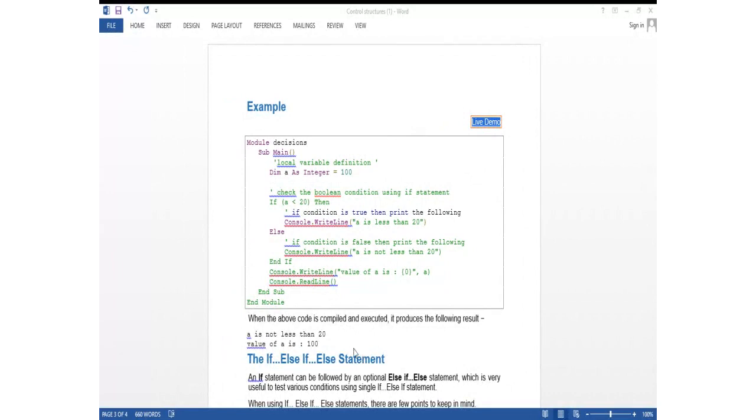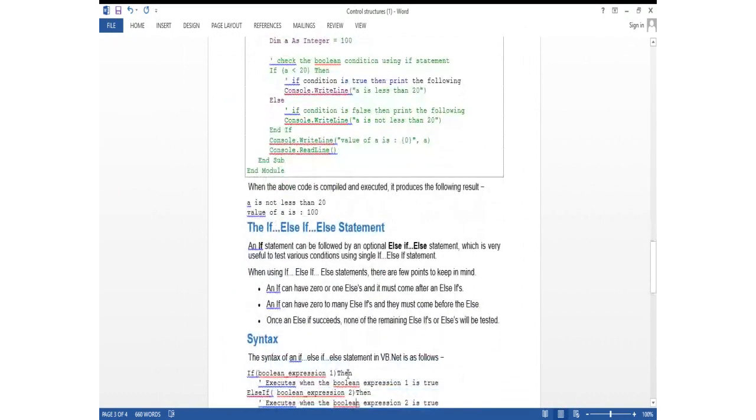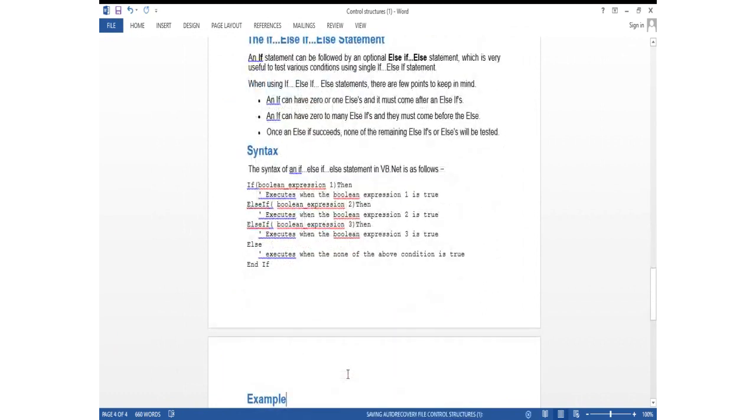Now we looked at the if then else statement, what we were doing for the makeup class on Monday. And we said an if statement can be followed by an optional else if statement, which is very useful to test various conditions using if else if. When using the if else if statement, there are a few points to keep in mind. An if can have 0 or 1 else,